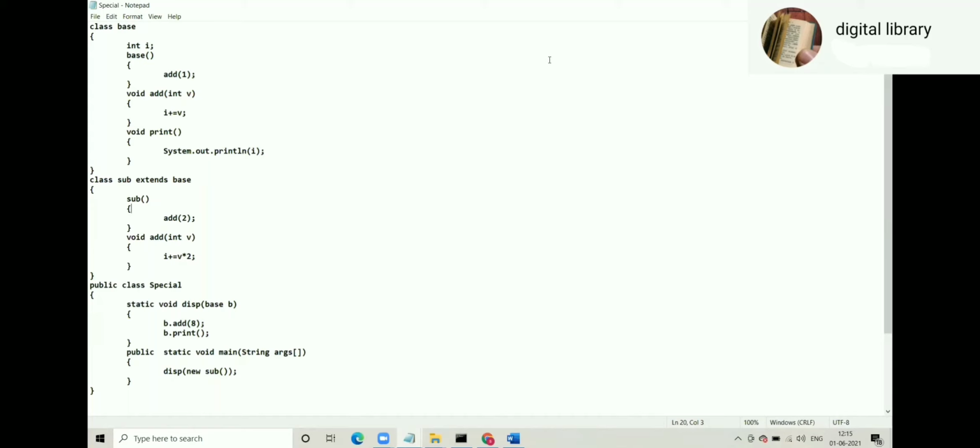Okay, ठीक है. So let us first of all observe this example. Class base has got int i. That i is default, not private. That means that I can access it in the child class also. Keep that thing in mind. Default constructor